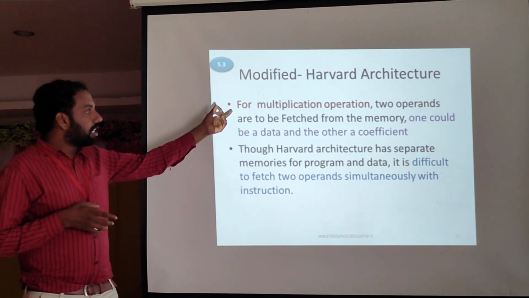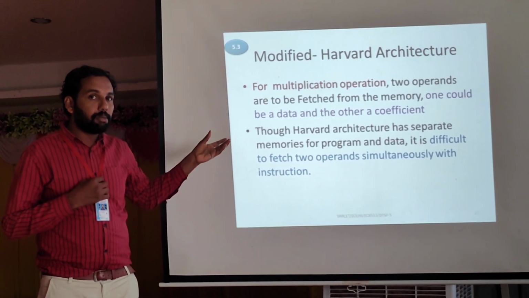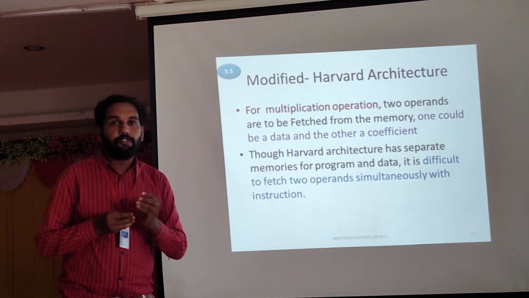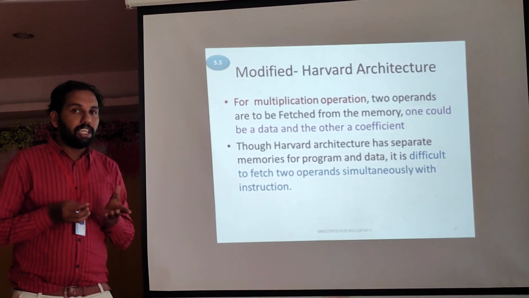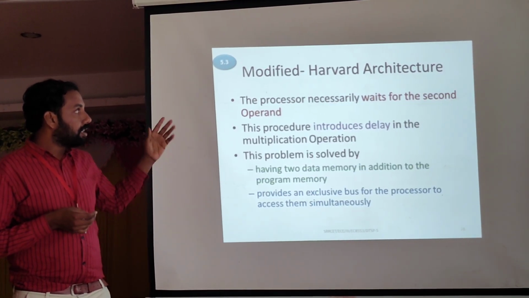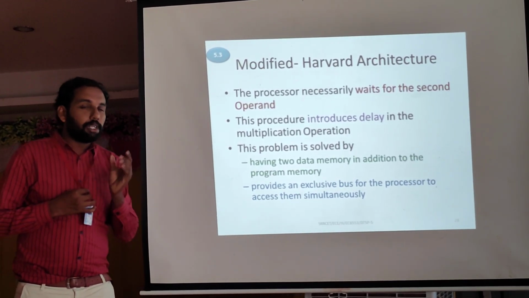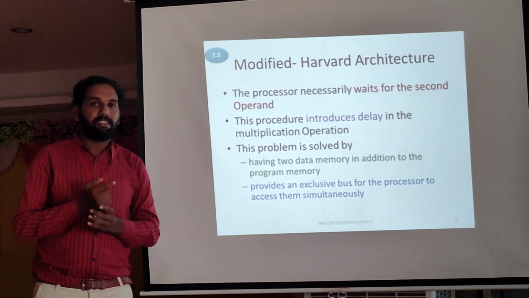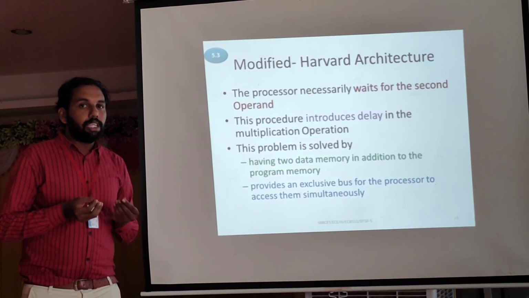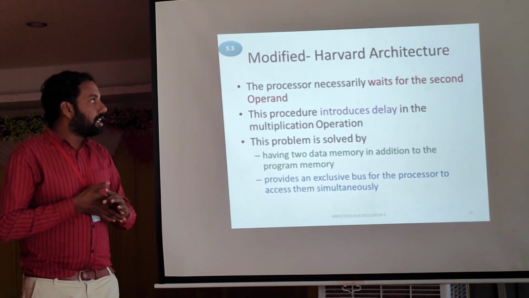Next, the multiplication operation will be the main thing. There are two types of data memory. One data memory will perform the normal arithmetic operation, the other will perform shift and rotate operations, and the comparison operation will be performed by this. Next we are going to see the problem of waiting for the second operand. If we are using two types of instruction, both data memories will receive the two types of instruction. Some of the instructions will need to wait. So this is the major problem in the modified Harvard architecture.